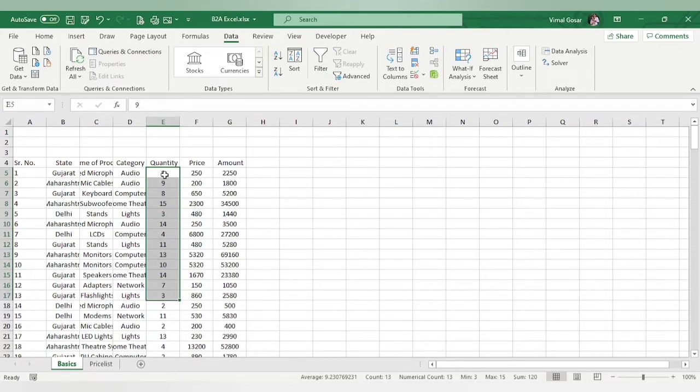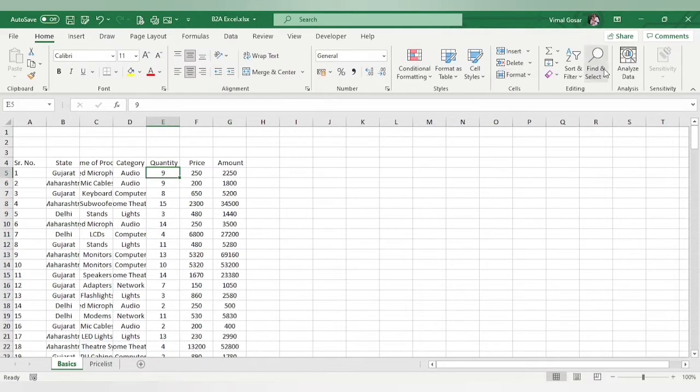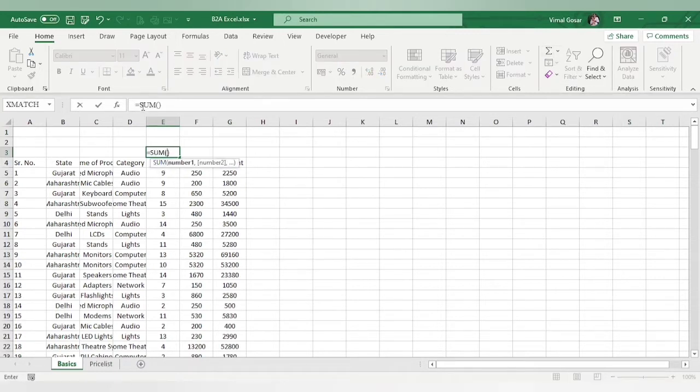Here we can do that with the help of a simple sum formula. We have auto sum over here, or we can simply say sum. So you can use the sum formula over here and get the answer. Let us say I wanted to find out the total quantity, so I'll just use the sum formula. When you click on it, it will ask you equal to sum, the bracket opens. Sum is the function. The bracket opens, which means it will ask you what is the range.